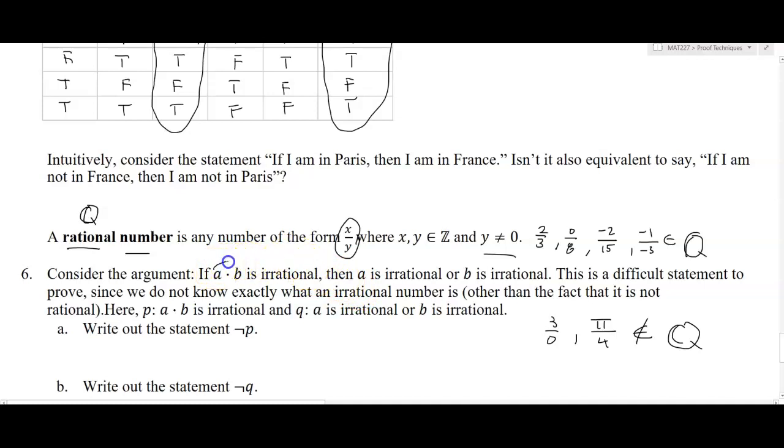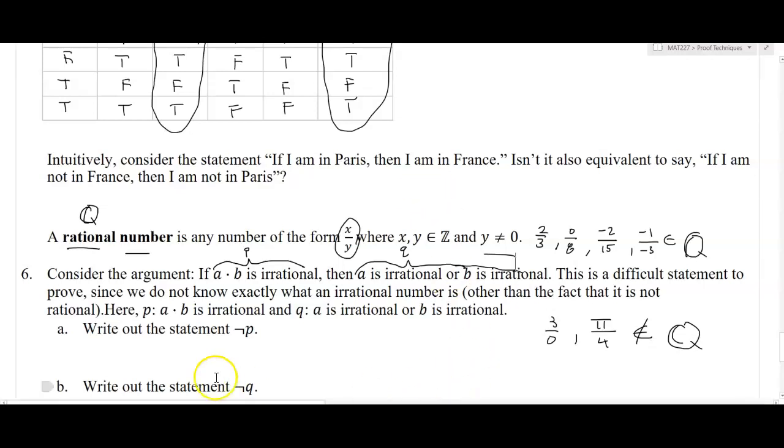Here I have the statement P: A times B is irrational. And here I have the statement Q: A is irrational or B is irrational. Okay, so if I look at the negations of these statements and write them in the reverse direction. By the way, here'd be the problem. If I wanted to say, assume A times B is irrational, I would have no next step because I don't know the definition of an irrational number. We only know the definition of a rational number. Irrational numbers like pi, 3.14159 and so on, are non-repeating, non-terminating numbers. So they're very difficult to define.